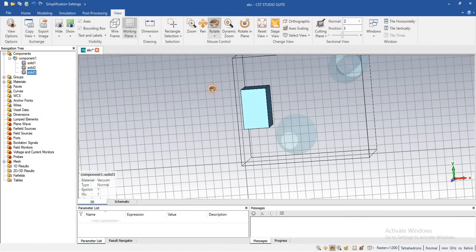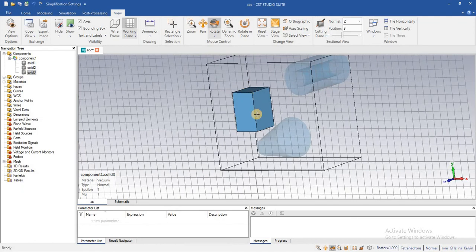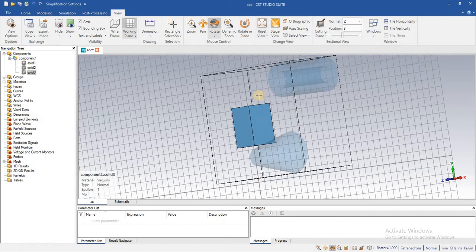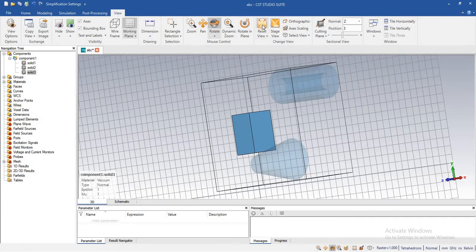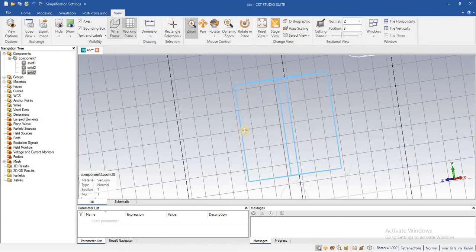Now similarly, you can see that we cannot see the opposite axis or opposite lines of this object. If I want to see only the wireframe of the object, you can select here.